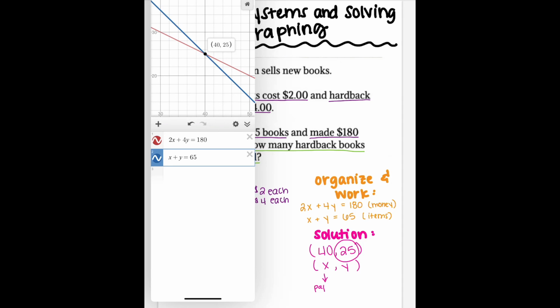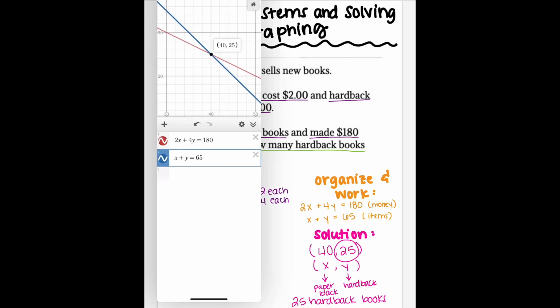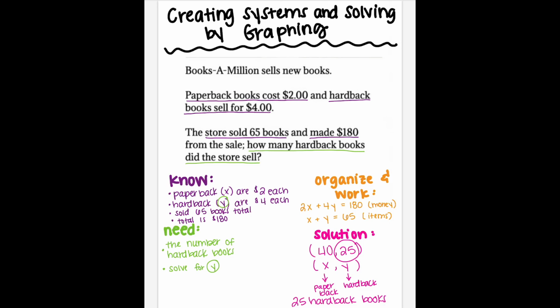So since this is our X comma Y, X was paperback, Y was hardback. So this tells us that 25 hardback books were sold. So that is our final